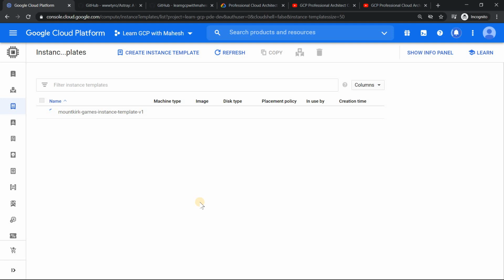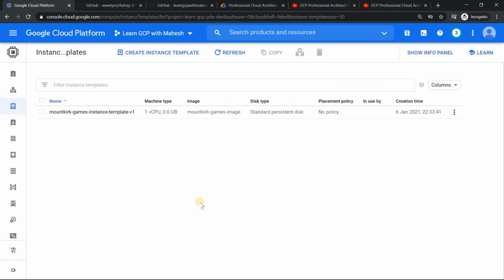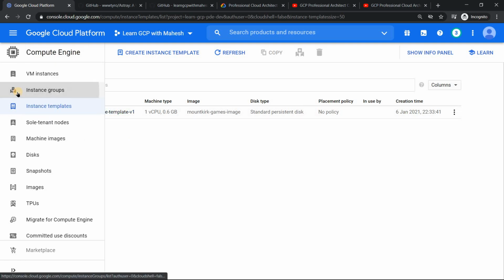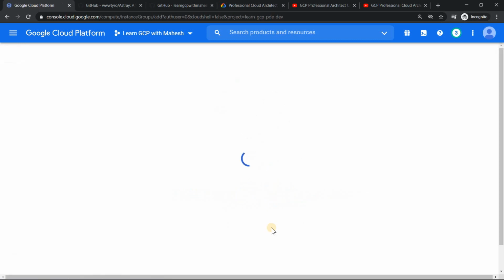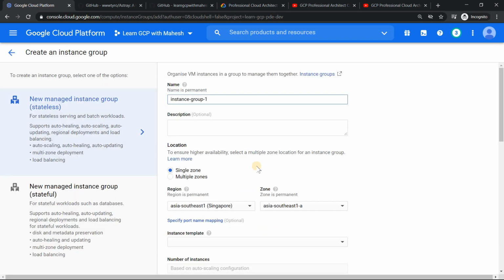The same thing you can do for Europe and US also. So this is just a template. Let's go and create an instance group using this template, and this template uses that specific image which we created. So I'm going to call it Asia